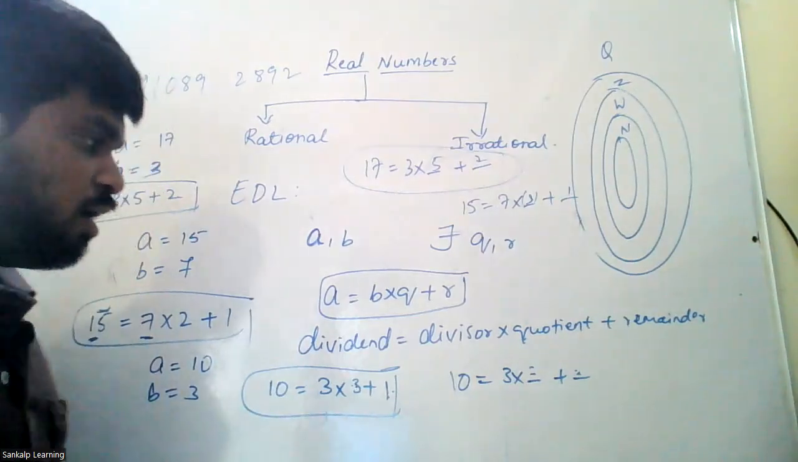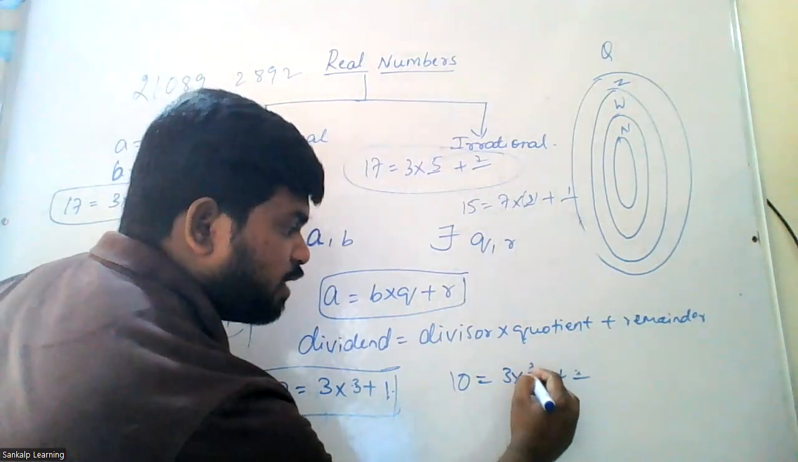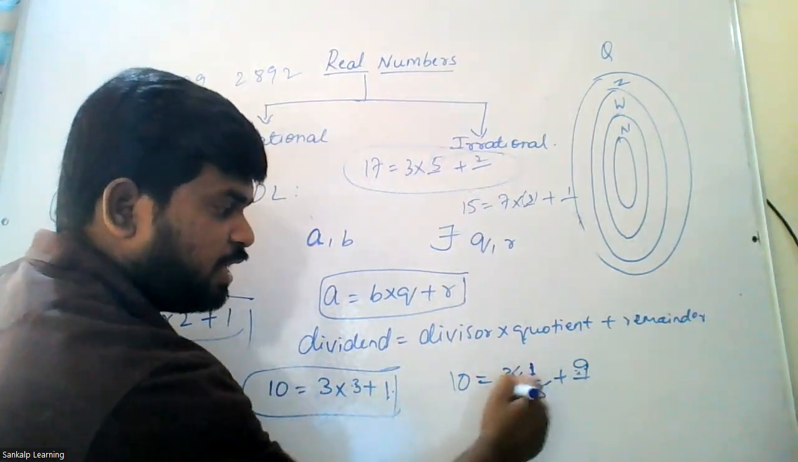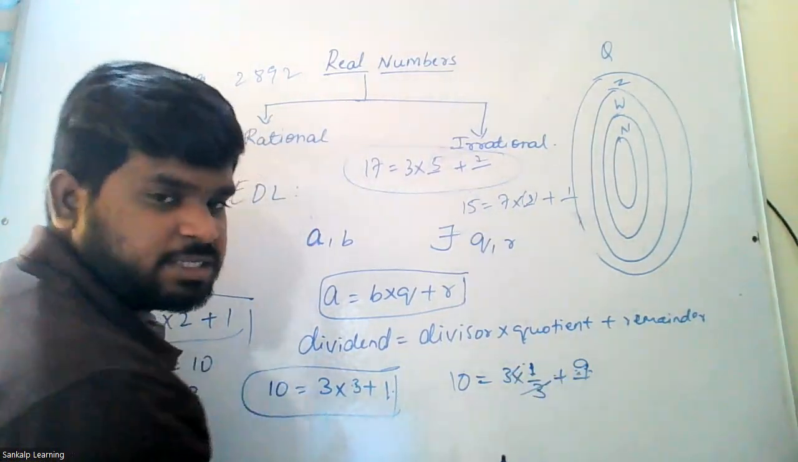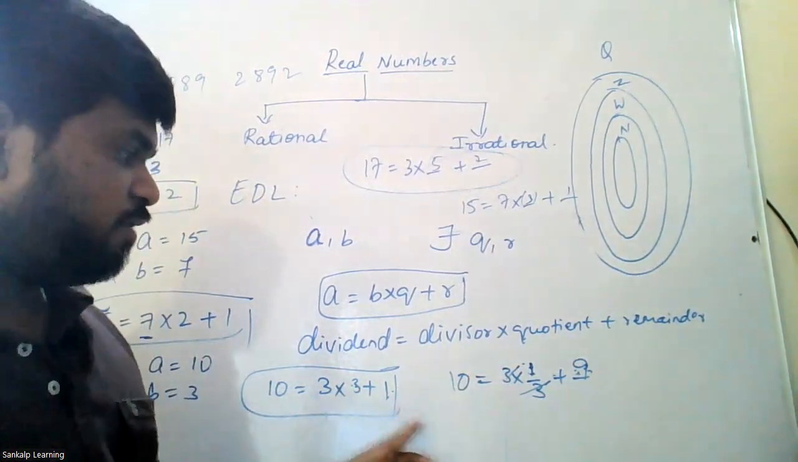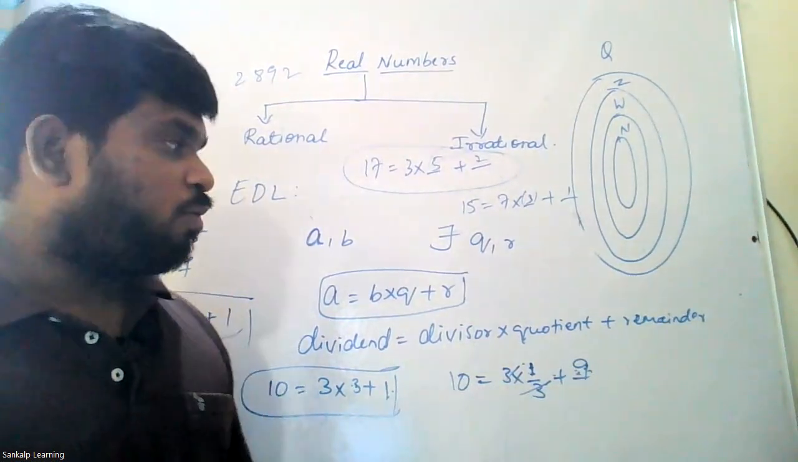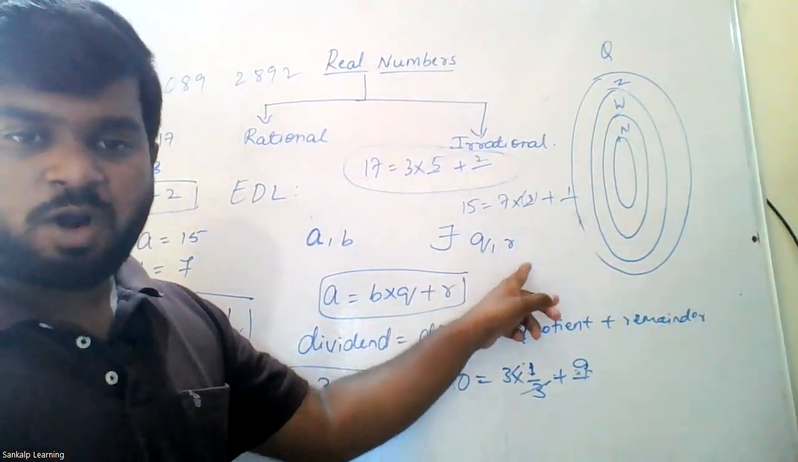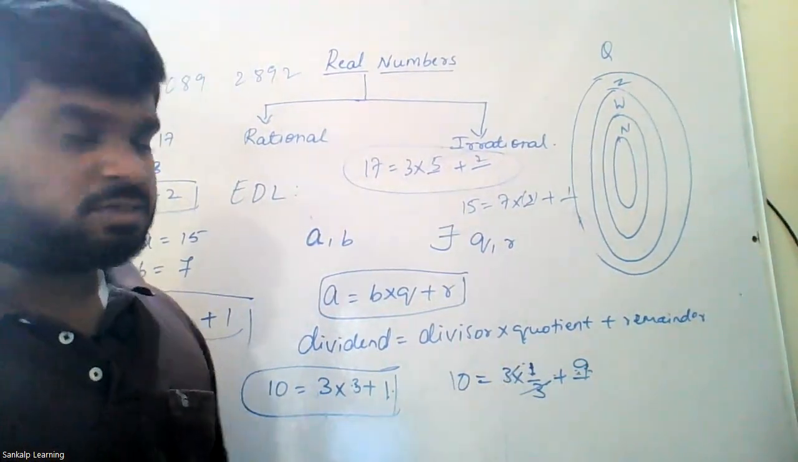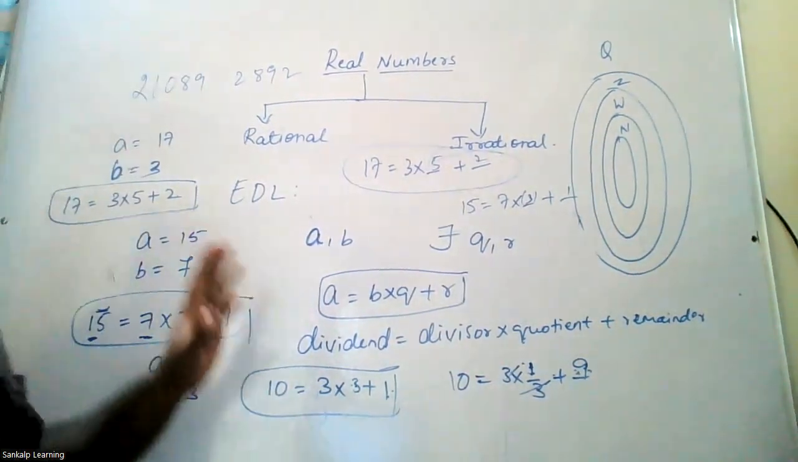For example, people might do it like this. Sir, I'll put 1 by 3 here and I'll put 9 here. So 3 gets cancelled. 1 plus 9 is 10. 10 equals 10. Sir, we are getting another number. You said only 3 and 1, but we have got another number. But what was my condition? q and r were integers. They are integers, not fractions. So you cannot take it like this. So this is Euclid's division